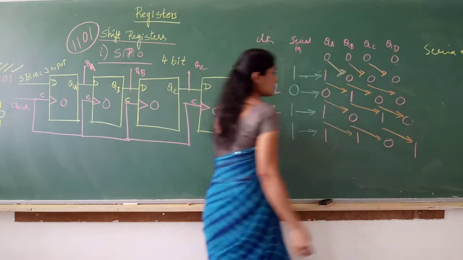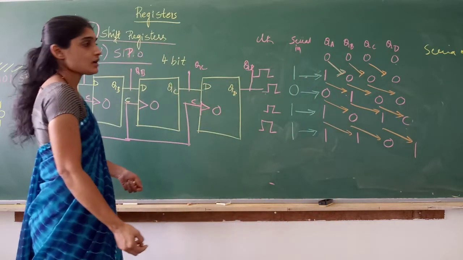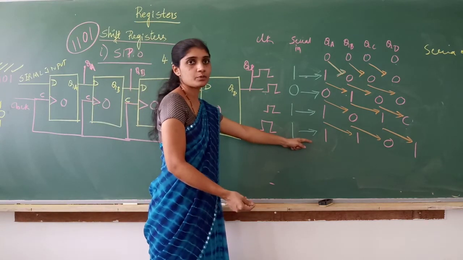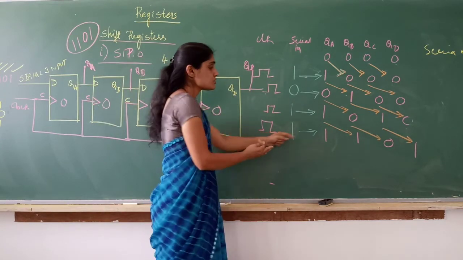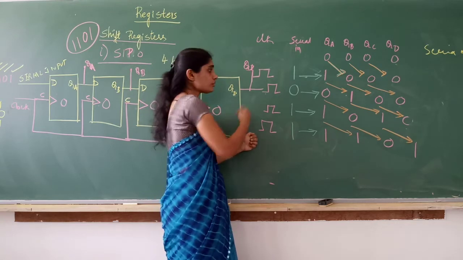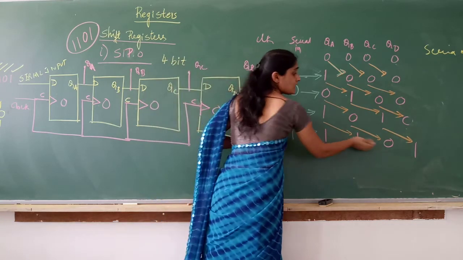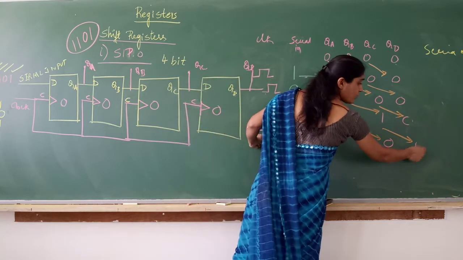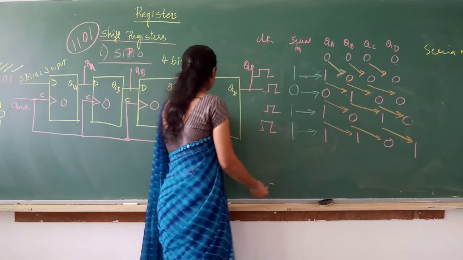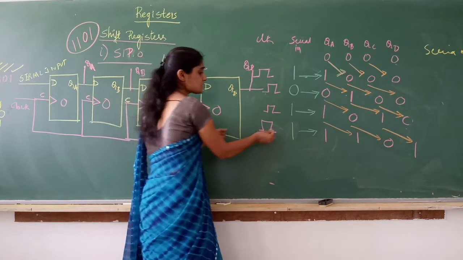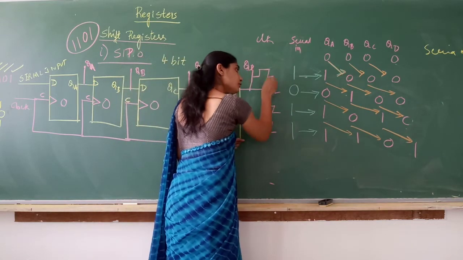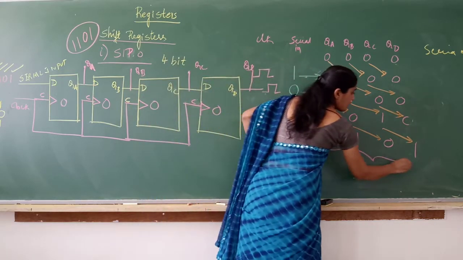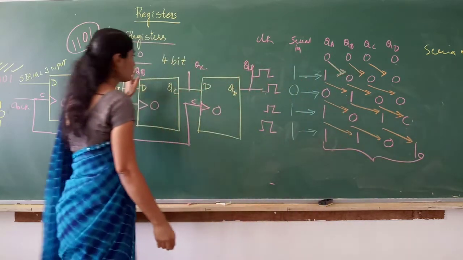Okay, see. So parallelly you are taking the output. So in the previous table, when you get the 4 clock pulse, this was the output. Half of it. So in serial in and serial out, 4 clock pulse you store all the bits. But since QD is the only output, 4 more clock pulse I have to give to get the output out. Correct? But in serial in and parallel out, serially you give the input. 4 clock pulse is enough. At the end of 4 clock pulse, you have your output at QA, QB, QC, QD.